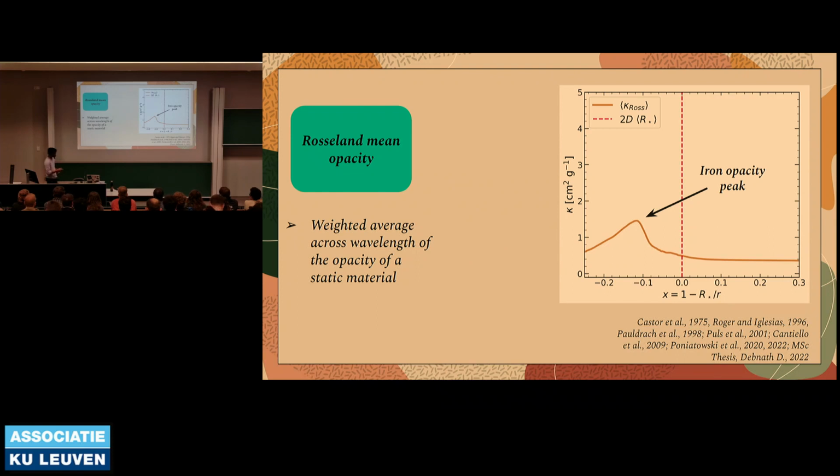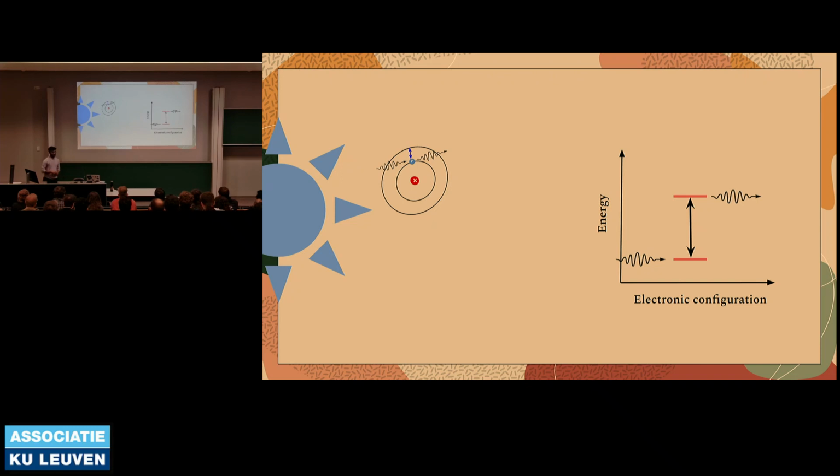And this gives rise to this peak in opacity. You also have the helium opacity and the hydrogen opacity as well, but it's not that prominent in this figure to notice. But yeah, they're there. So what is opacity? Basically, think about a photon coming in from the star,